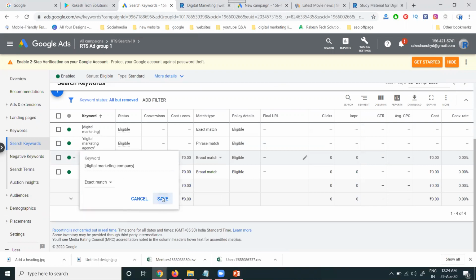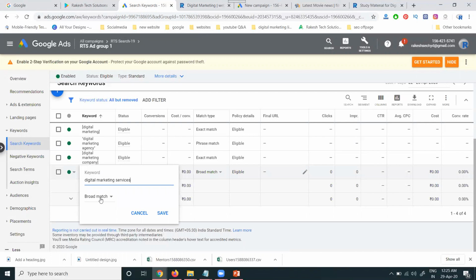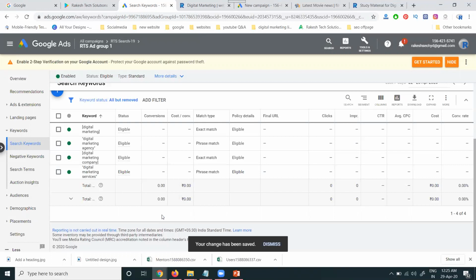Here people ask one question: which is better? Suppose you add broad match; any relevant variant can match and show the ad, and Google spends more. If we need exact results, we can go for exact match and phrase match. Suppose you are searching for best customer services in Hyderabad. Customer service will be matched and shown to you. So we have to use these match types: broad match, exact match, and phrase match.